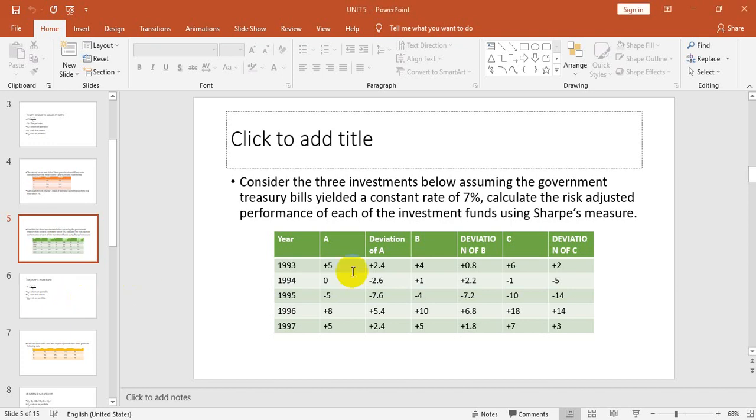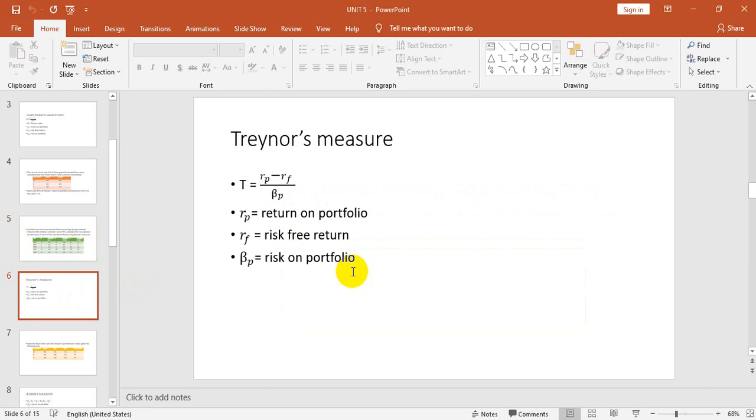So this would be the next class of your IM subject. What I have taught you in my last class is the Sharpe method. Now we are going to discuss the Treynor measure. The Treynor measure is another evaluation technique where we measure the performance of portfolios.